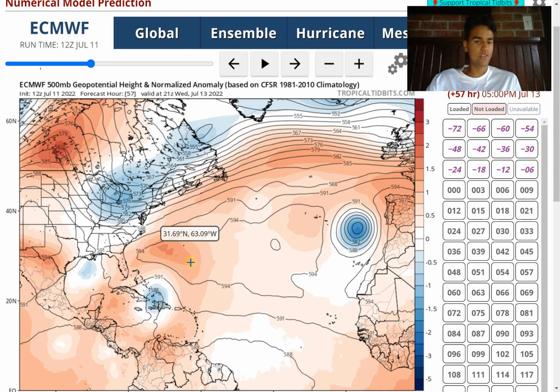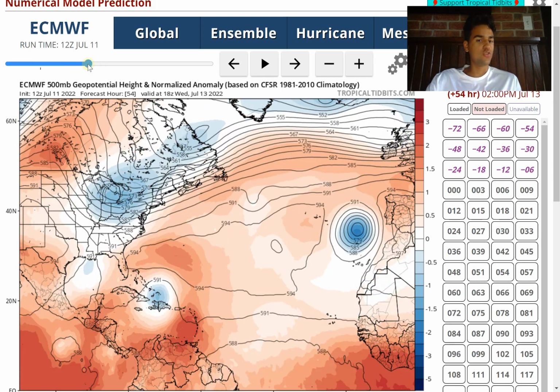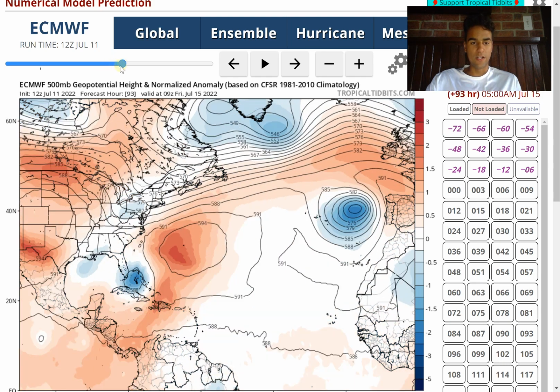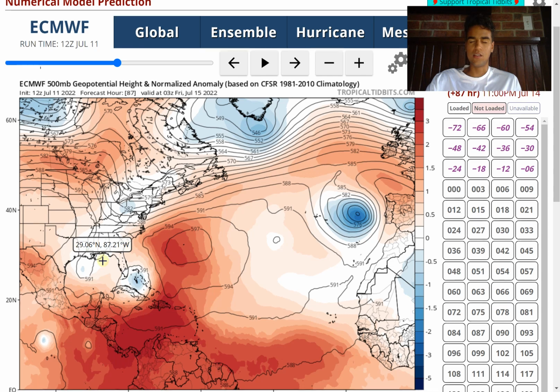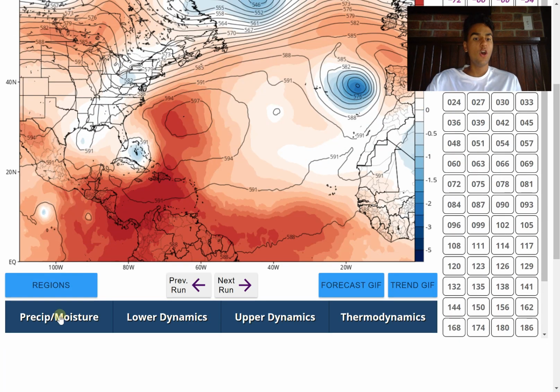So still a lot of questions regarding the steering flow, because that'll determine the land interaction, but I'll keep you guys updated as certainty rises within the next couple of days. So make sure to stay tuned for that. And of course, we're going to need to pay close attention to wind shear and the dry air. At this point, I think the biggest thing will be the wind shear and the land interaction to determine if this will form. Right now, it's a low chance, but I think that chance could rise over the next several